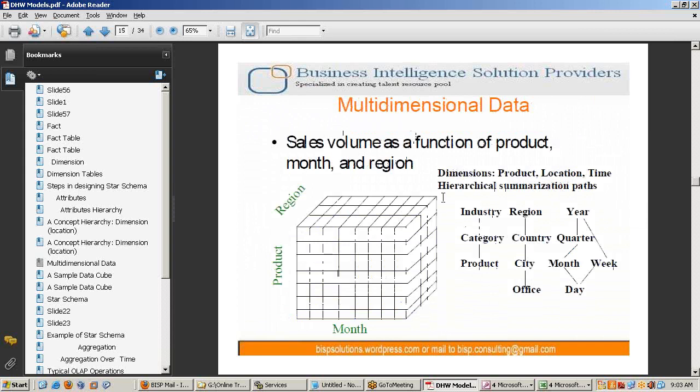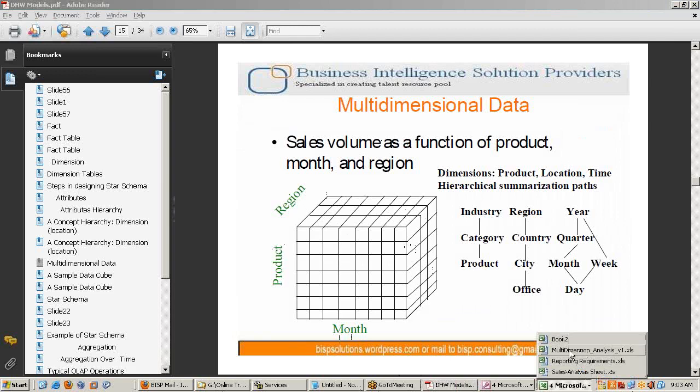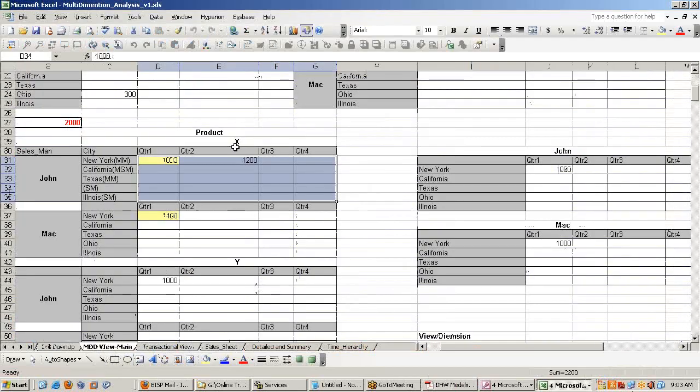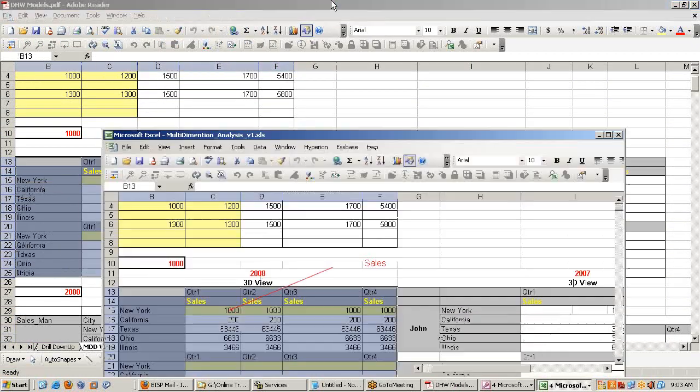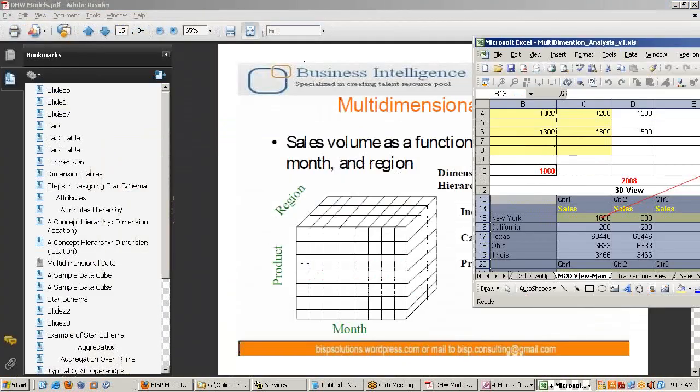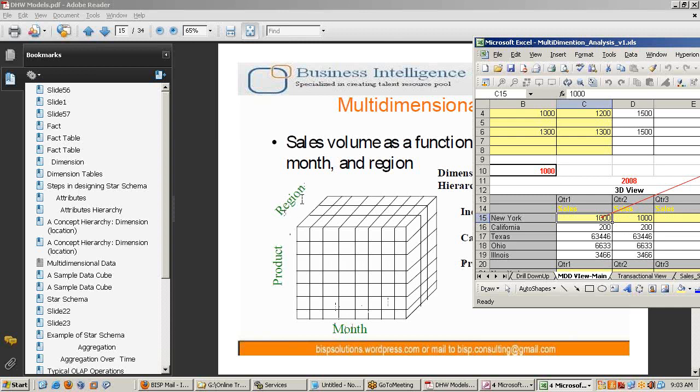Example of hierarchy. How this finally looks, we call a base cube or multi-dimensional data. When we organize it graphically, it looks like a cube. This is nothing but an Excel presentation of the data. This is the three-dimensional view. Three-dimensional view looks this way. We have product as one dimension, time is one dimension, region is one dimension, and the intersection of all three is one cell. The same thing I have shown in an Excel sheet.